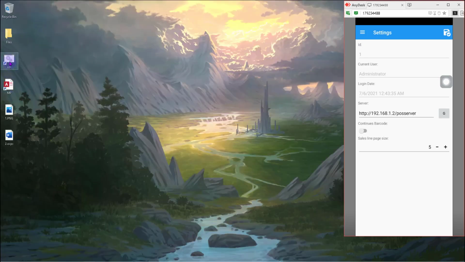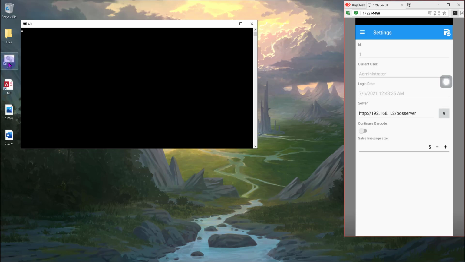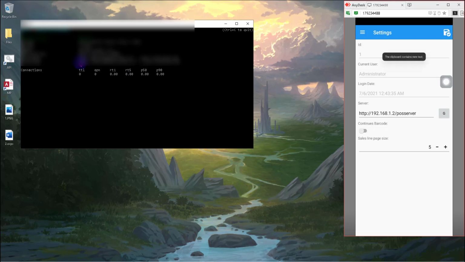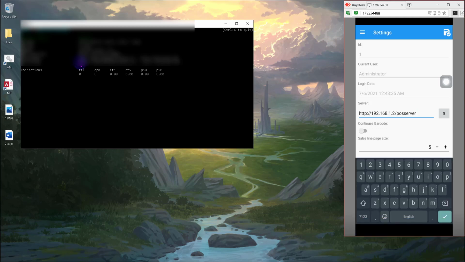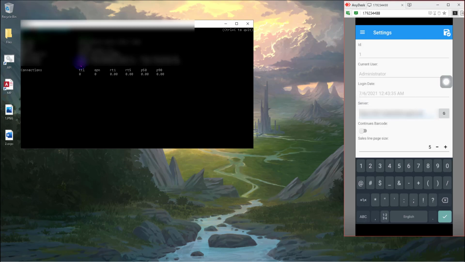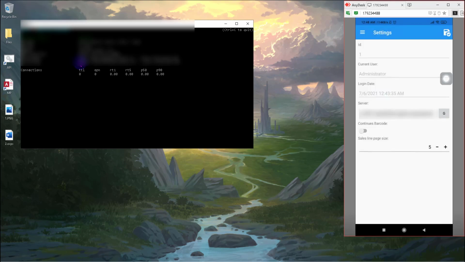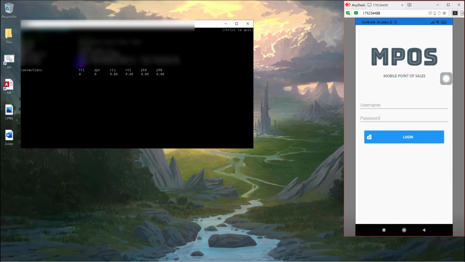So let's head over to the API application, and this will forward our API to the internet. So let's just copy this one. So it's copied to our clipboard, and I can just delete the server API, paste, and put the name of my API server. So we just save that, and we can now go back to the login page or log out,